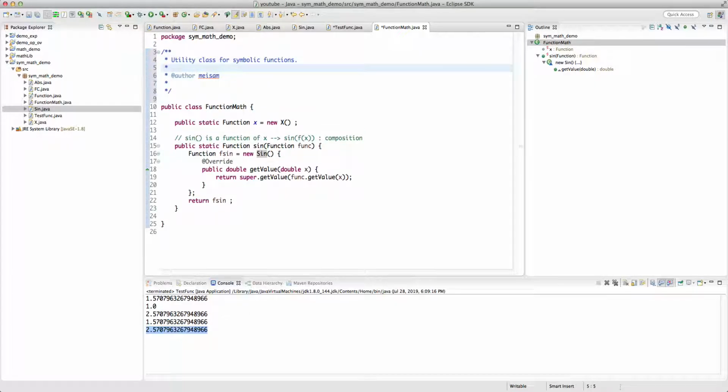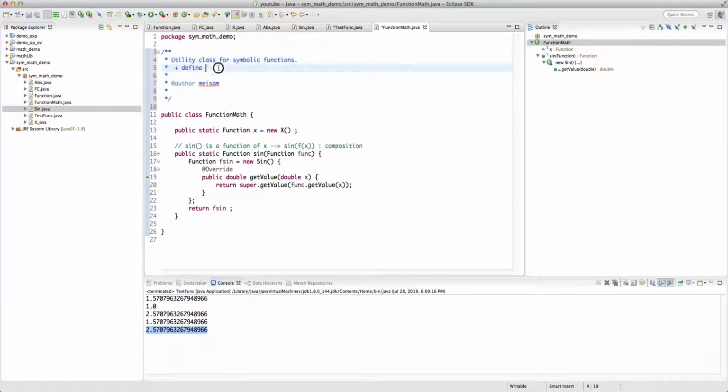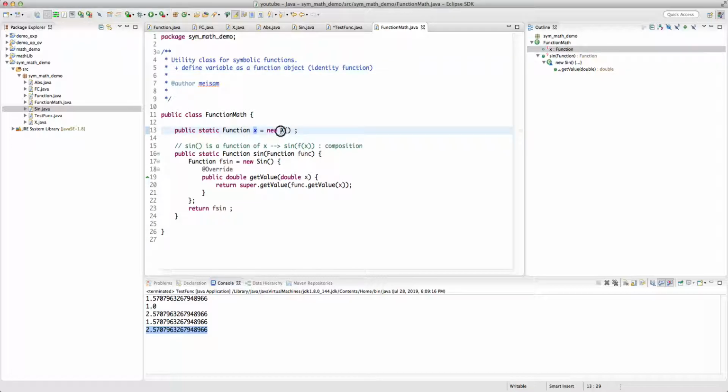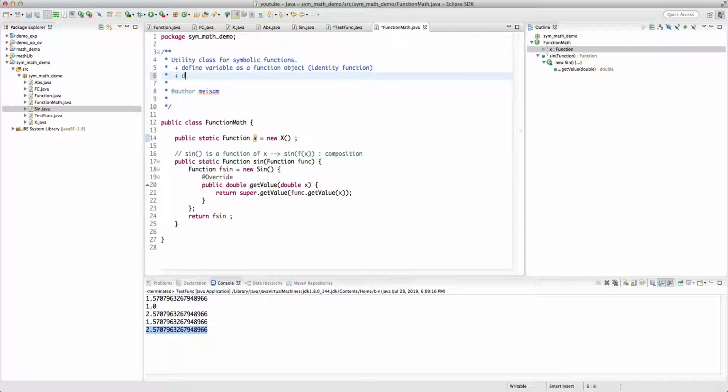And in the utility class, we basically define our variable as a function object, which is the identity function, right? So we defined our x as the variable, which is the identity function,